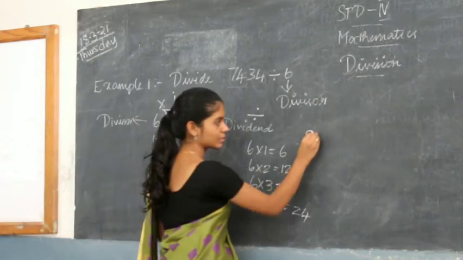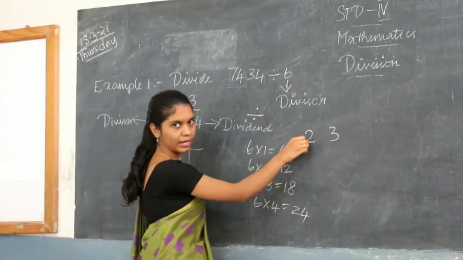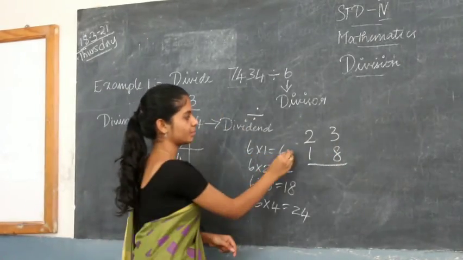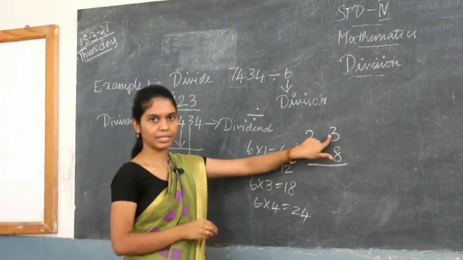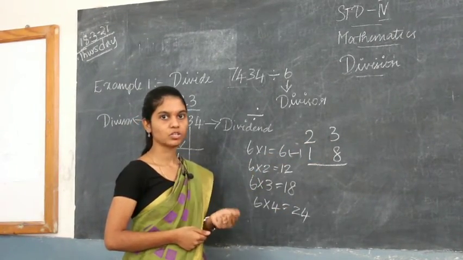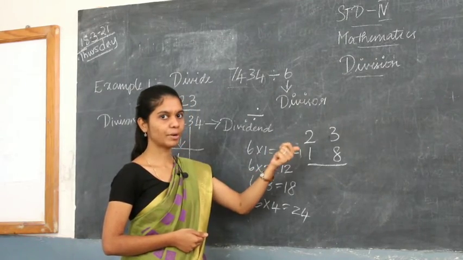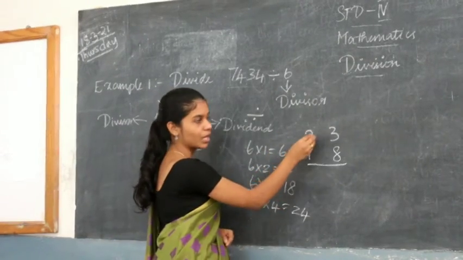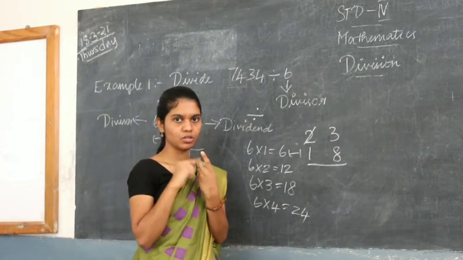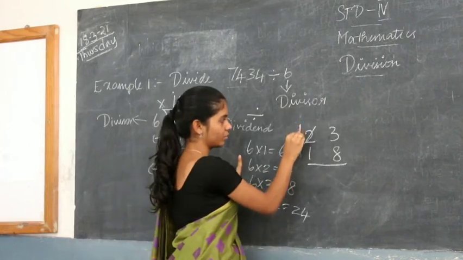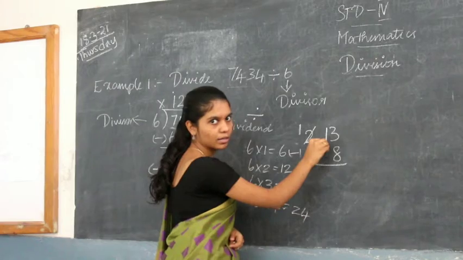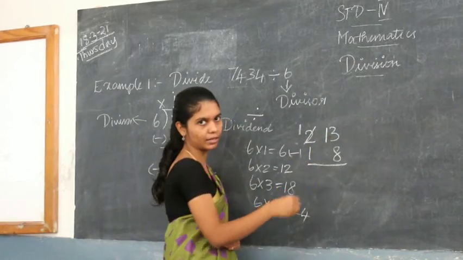We'll do this subtraction separately. 23 minus 18. Here you have 3 and here you have 8. Can you subtract 8 from 3? No, right? So you should borrow from the previous number, which is 2. If you borrow 1 from here, you have 2 and you are borrowing 1, so how many are remaining? 1 will be here. And you borrowed 1 here, so you will write 13.